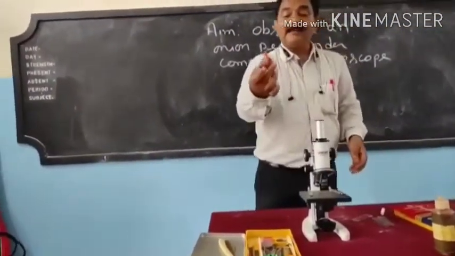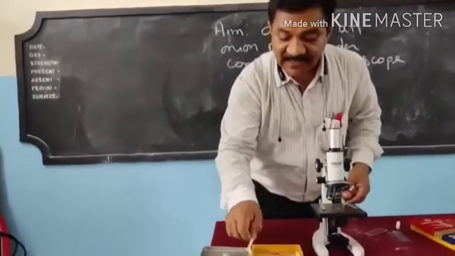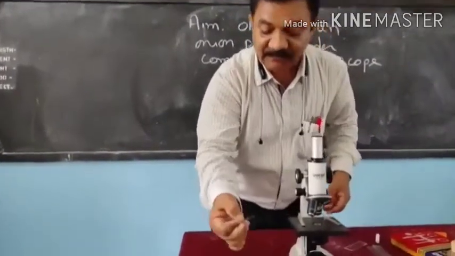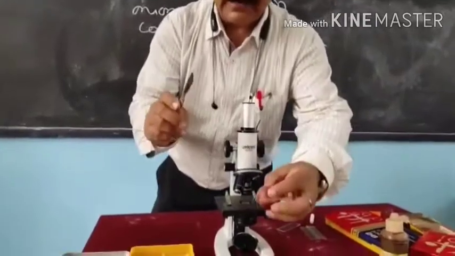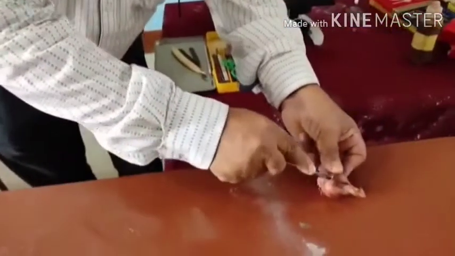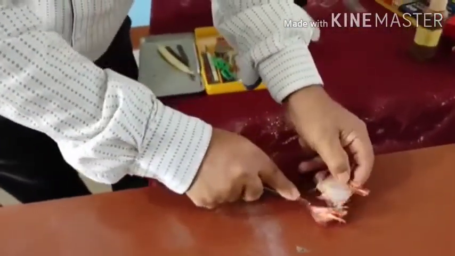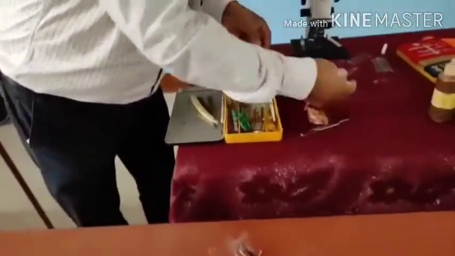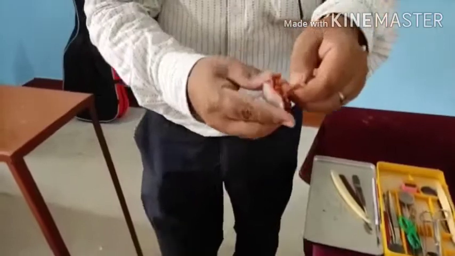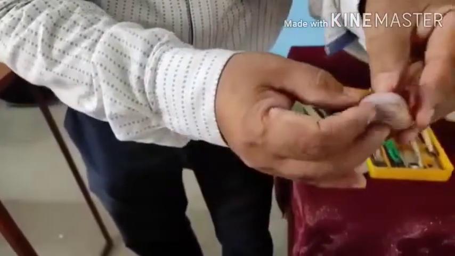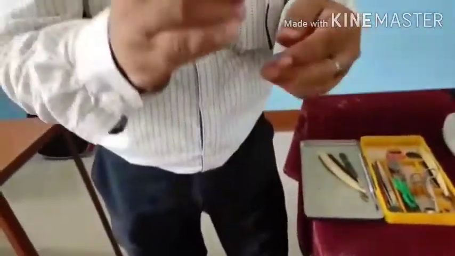So first thing, this is an onion, and with the help of a knife, we have a special type of knife in this dissecting box. I have a knife and I will cut it into four parts. See here, I am cutting. I have cut it into parts, and we will take any one part. I will remove the dry part of the onion. I have removed the dry part of the onion, which we are not going to eat.